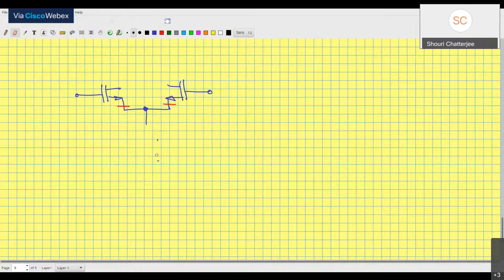Let's say it's not a current source. Let's say there is something over here. But you split it up into two of those halves, and you disconnect. Right? And that's your common mode circuit. So in the differential mode circuit, this is what you have, which is basically a simple common source amplifier.